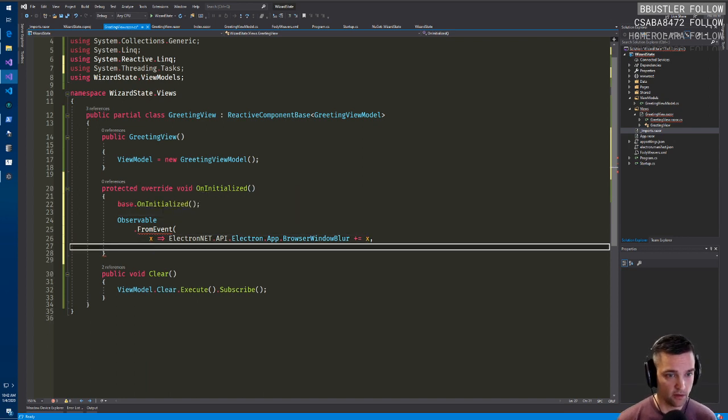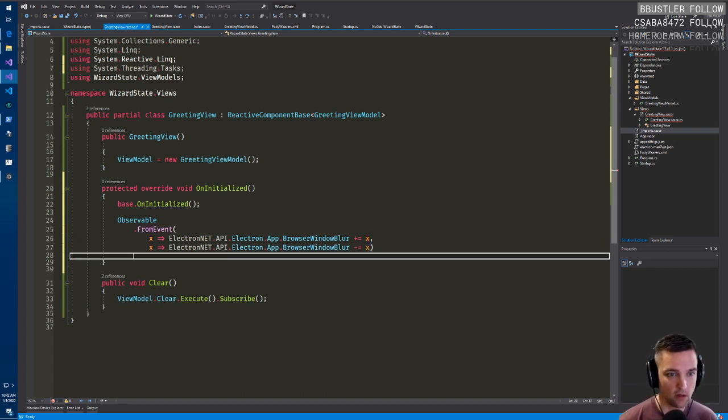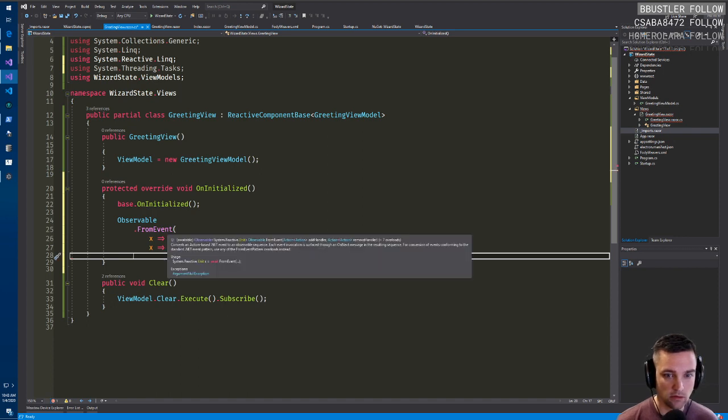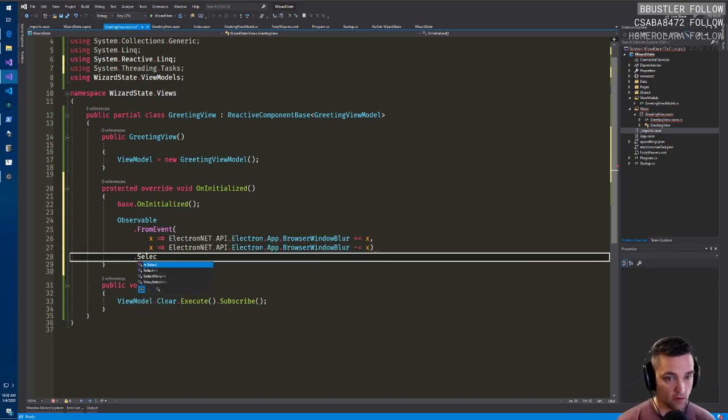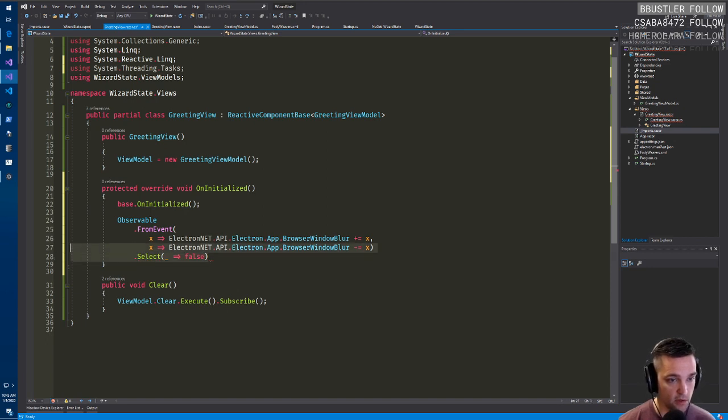Now this might work. Handler, remove handler. We're going to select, have this thing return false when that happens, and then